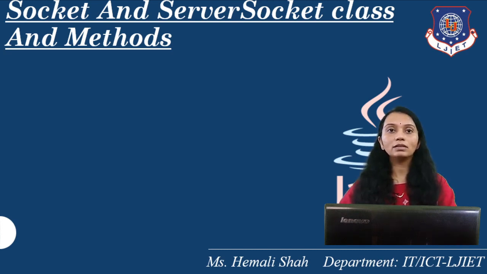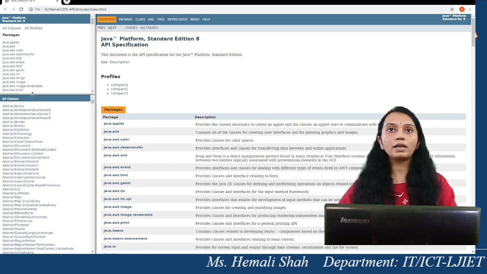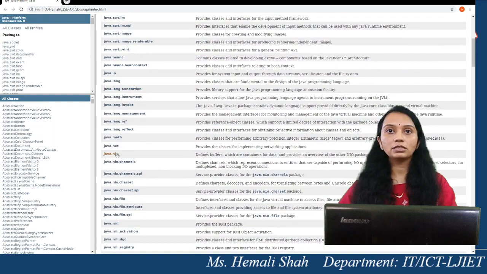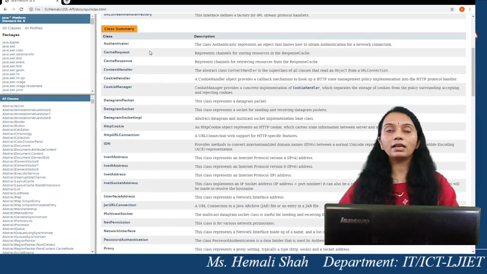For that, I have this Google Chrome having the J2SE APIs. From this API, I am moving inside the java.net package. Inside this java.net package, lots of classes are available.